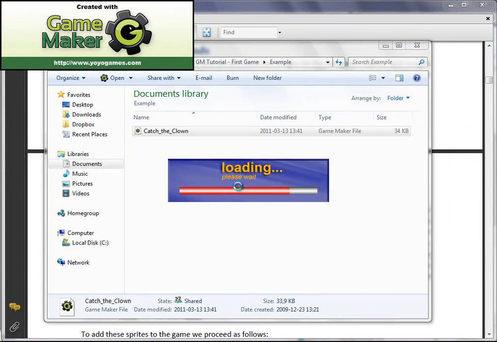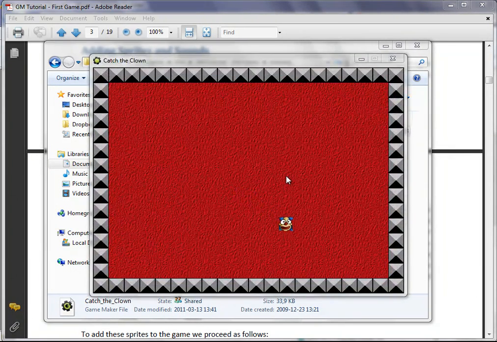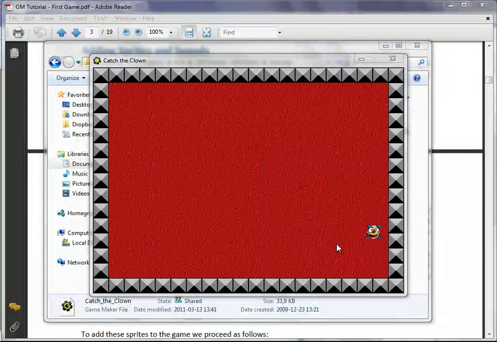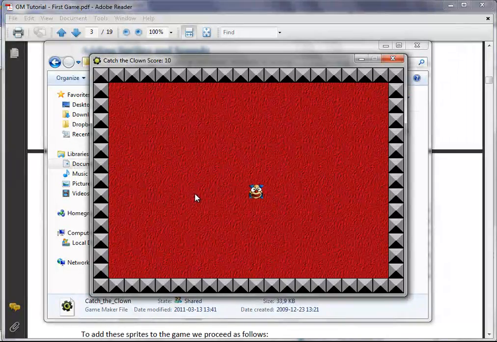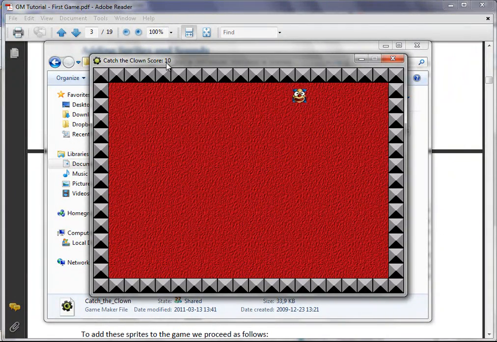And it has to load everything, and here's the game. So we see this picture of a moving clown, and we have to move the cursor and click, and then we get 10 points. You can see the score up here. The clown is moving. If it hits the wall, it's gonna bounce, but sometimes it changes direction randomly. So we have to